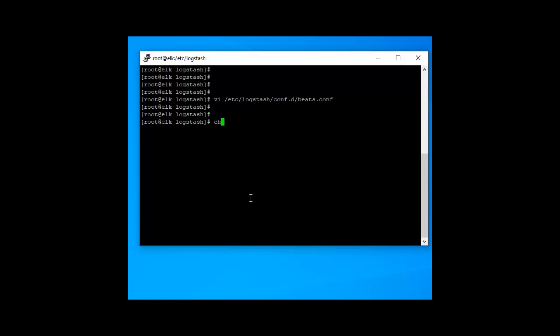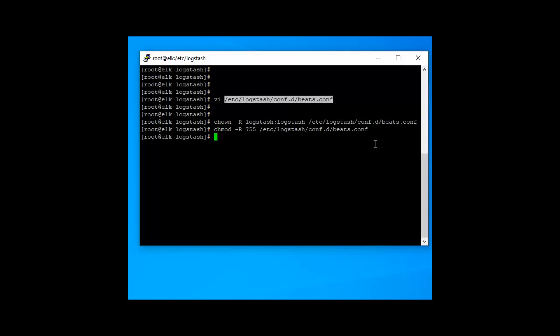Give the ownership by using the command chown -R logstash. Change the mode with chmod -R 755, press enter.